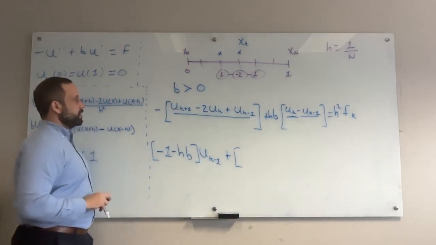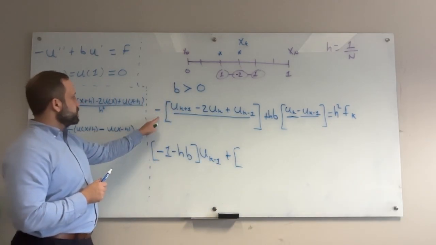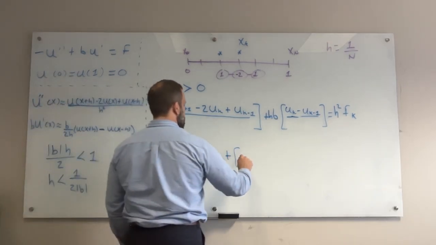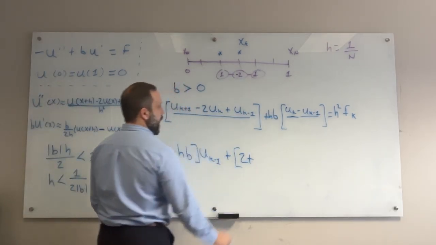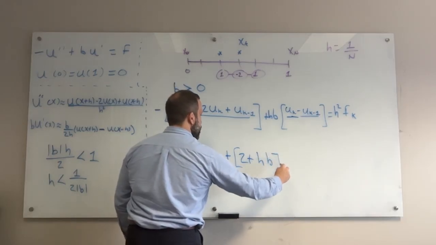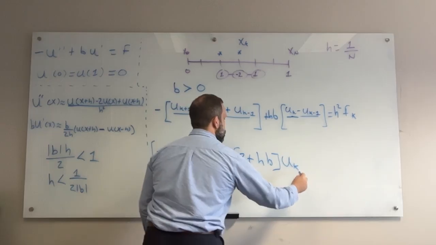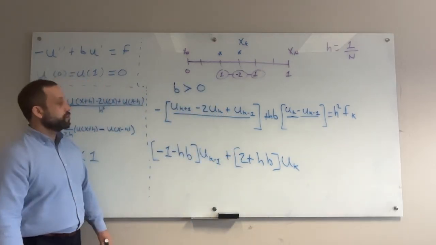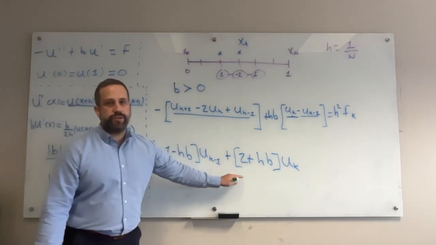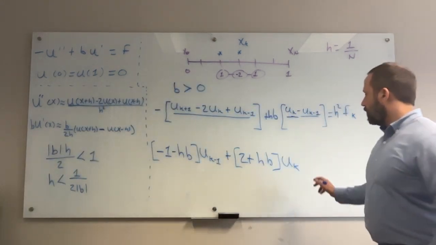Okay, what am I going to have on my uk term? Well, notice what's going to happen here. I'm going to have a minus 2, so I'm going to have a 2, and now I'm going to have a plus hb. So here's where the advantage comes from, because this is going to correspond to the diagonal. In terms of diagonal dominance, I have now added entries to the diagonal. And then finally, for the